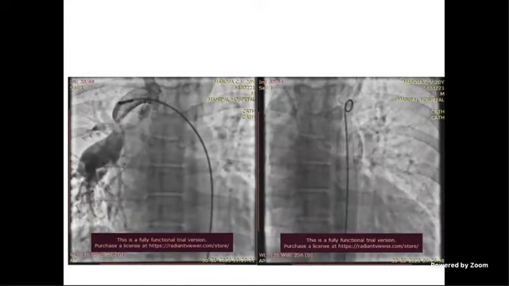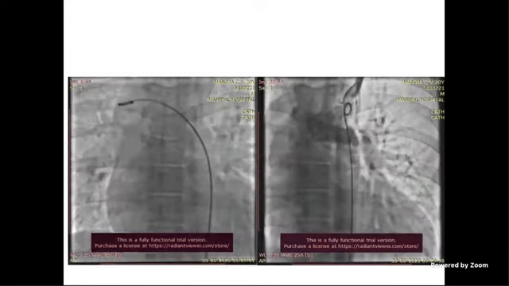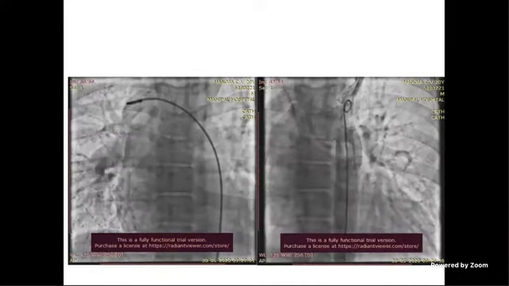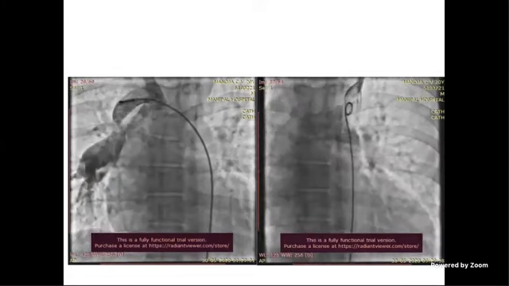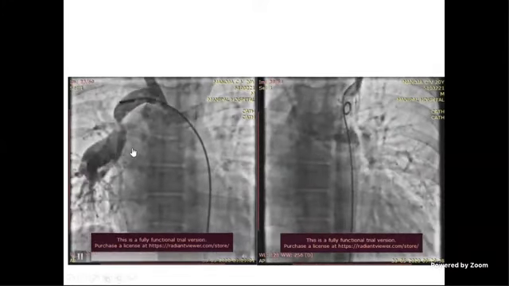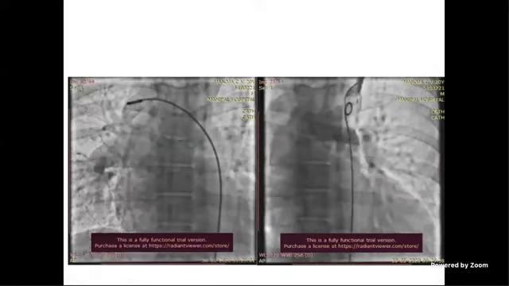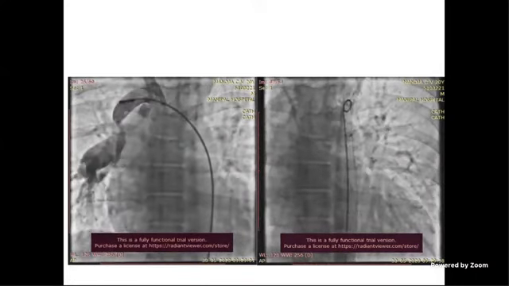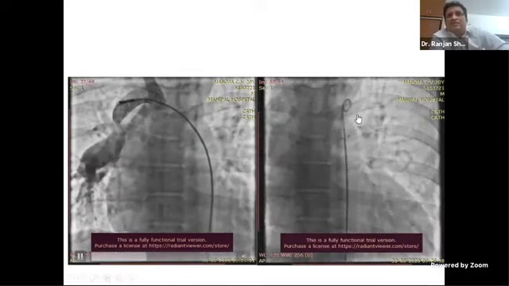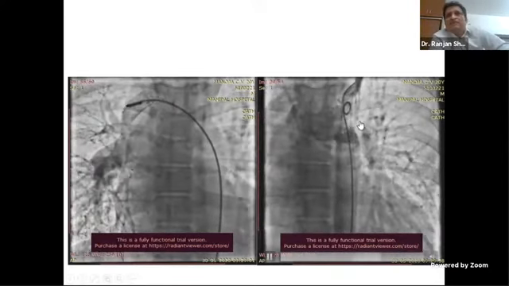Can it be other shunt? It could be a BT shunt. Yeah, classical shunt also. Can this be a BT shunt, a classical BT shunt, or a modified BT shunt? Any of this thing? Yes, a BT shunt. So there's a BT shunt here, and there's a BT shunt on the left side also.